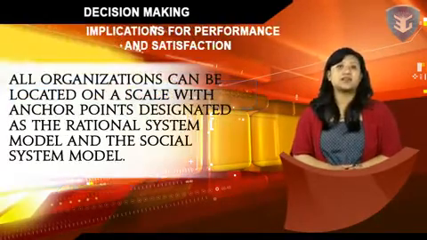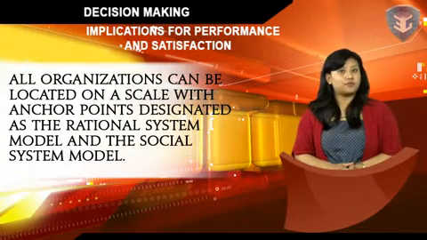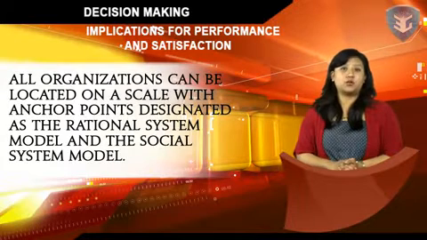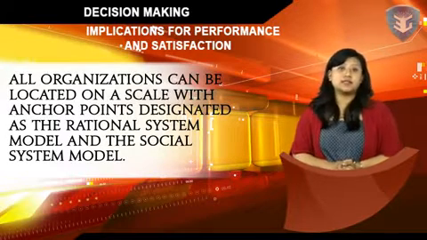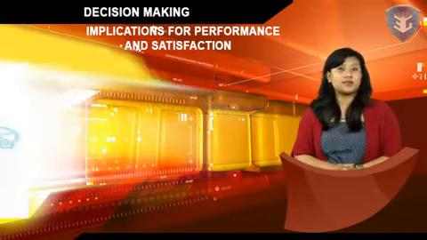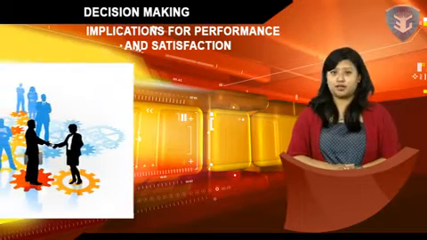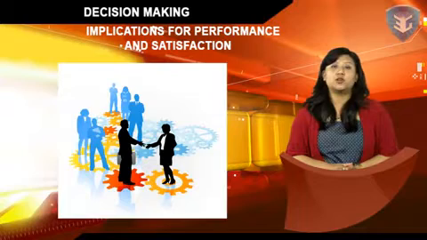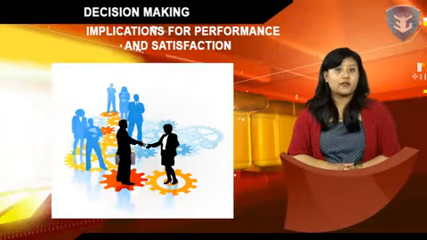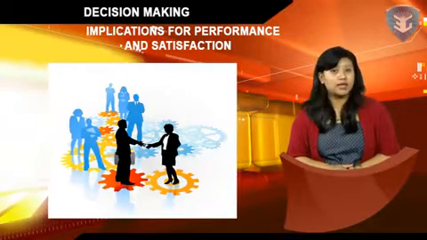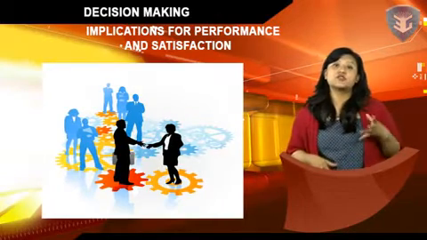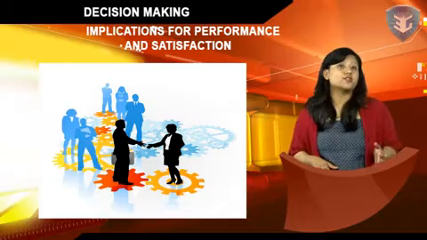Let us now discuss the implications for performance and satisfaction. All organizations can be located on a scale with anchor points designated as a rational system model and the social system model. Personal practices and policies will vary to the location of the organization on this scale. One can look at 6 traditional personnel functions: manpower planning, selection, performance evaluation, training, internal mobility and welfare and working conditions, and examine the personnel policies suitable for the 2 models falling on the extreme points of the scale of